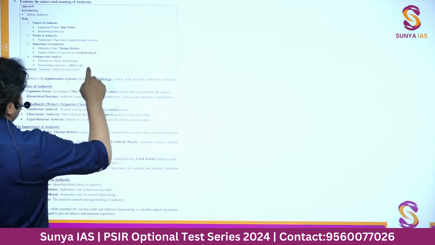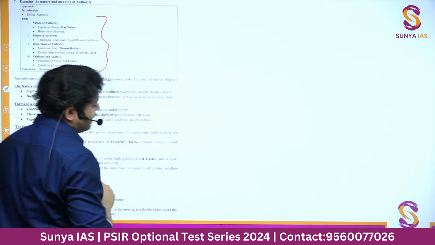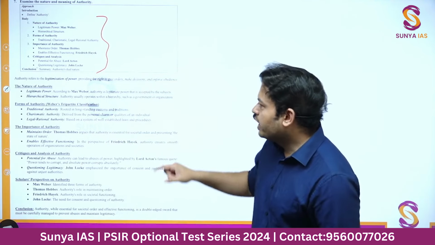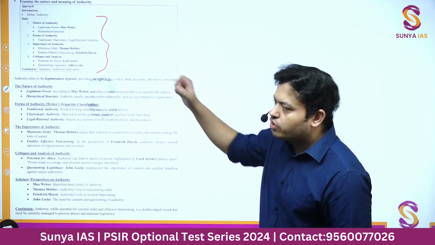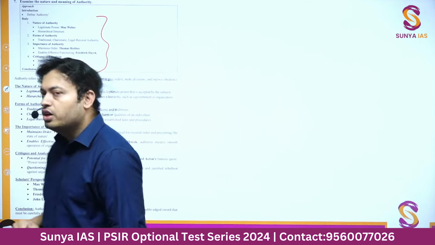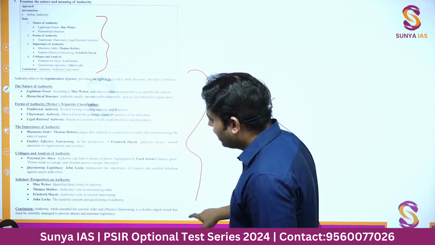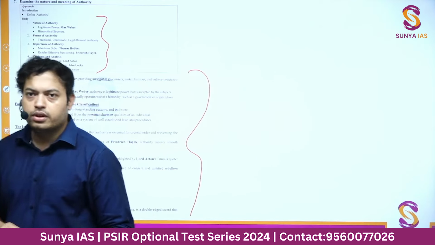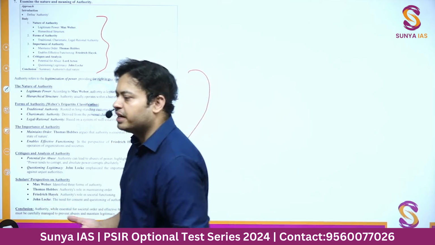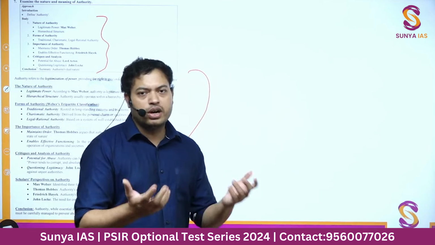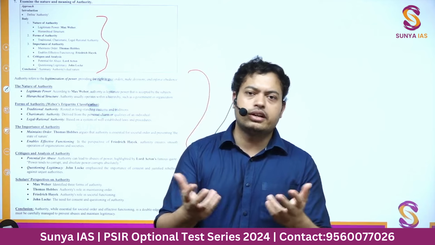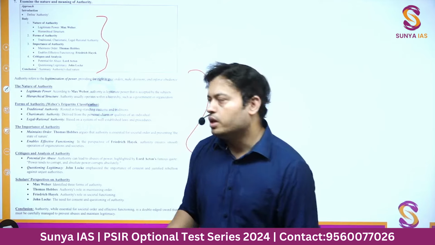And to be precise, each and every part, as in introduction, body and conclusion, you can see that each and everything, with the name of the scholars and what they have comprehended, is mentioned in the approach itself. And subsequently, the answer is also detailed, while making sure that it's not too long, because otherwise you get a model answer, but when you look at it, it's not actually an answer, it's an essay. Okay, you don't have to write an essay in a pol science paper. Your limit is usually 250 words at max and not 1250 words. But what you are given in a model answer usually is more than 1200 words, 1300 words, 1000 words. That's not useful. But these will be very useful.